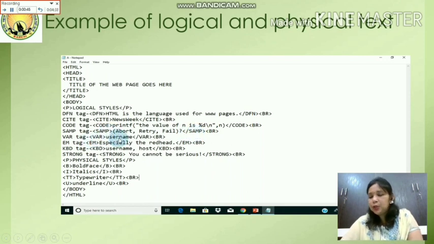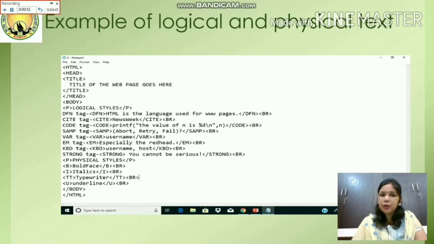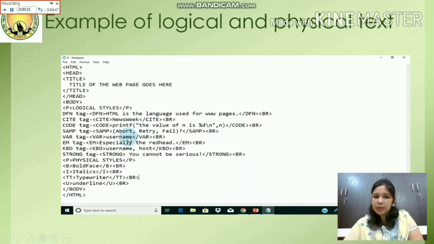Then variable, username. When username is asked by the system and you are entering something from the keyboard, it will be given to which variable? Username. So that's why VAR is used here. You can notice that I have used the BR tag, which I told you about earlier, for giving this data in different lines, after every line there. Okay, like here the code from C I have used, this is the code line. So for writing this code line in the web page, I must write it inside code.